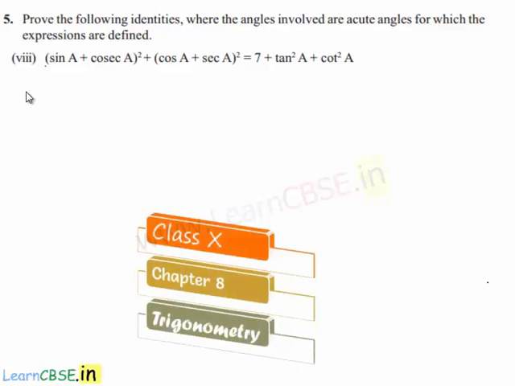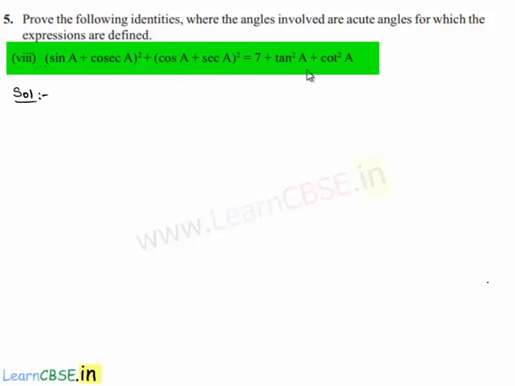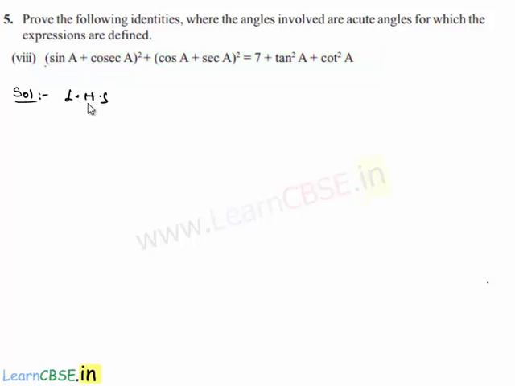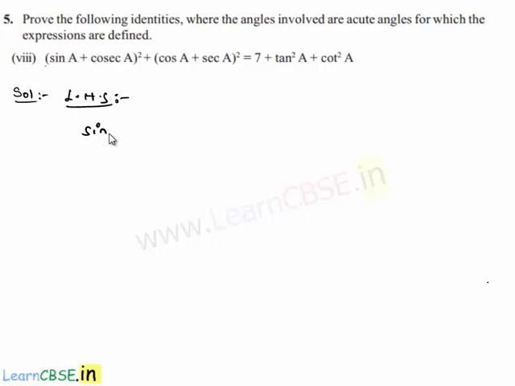Now moving on to the 8th bit of 5th problem, let us find the solution for this. Here he has given an equation, that is (sin a plus cosecant a) whole square plus (cos a plus secant a) whole square is equal to 7 plus tan square a plus cot square a. In order to prove this, let us initially consider the left hand side. That is (sin a plus cosecant a) whole square plus (cos a plus secant a) whole square,